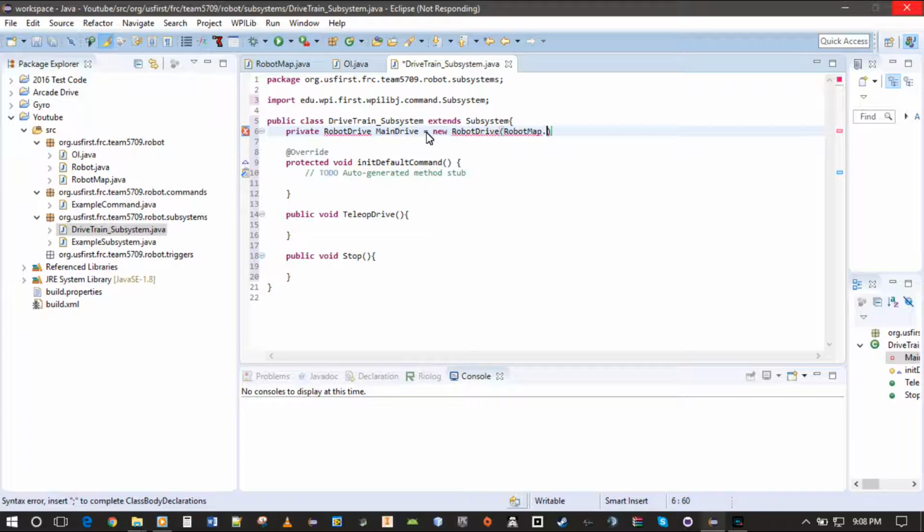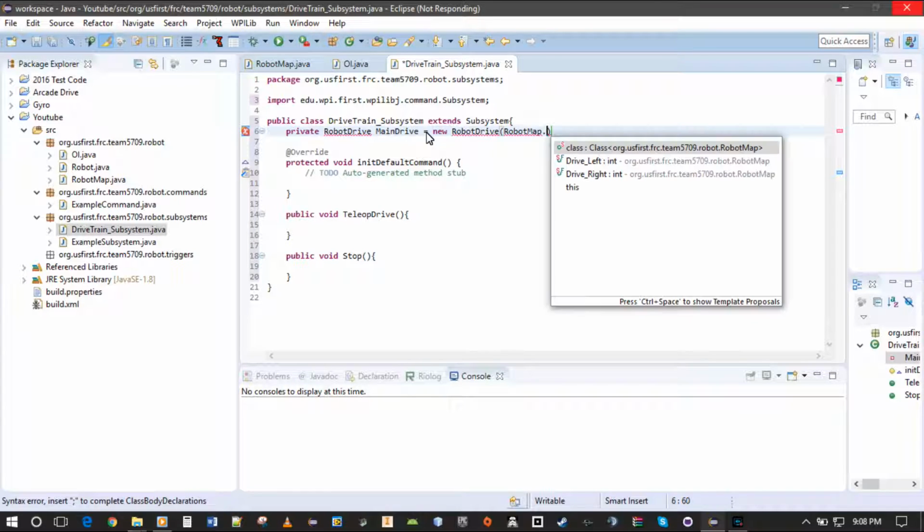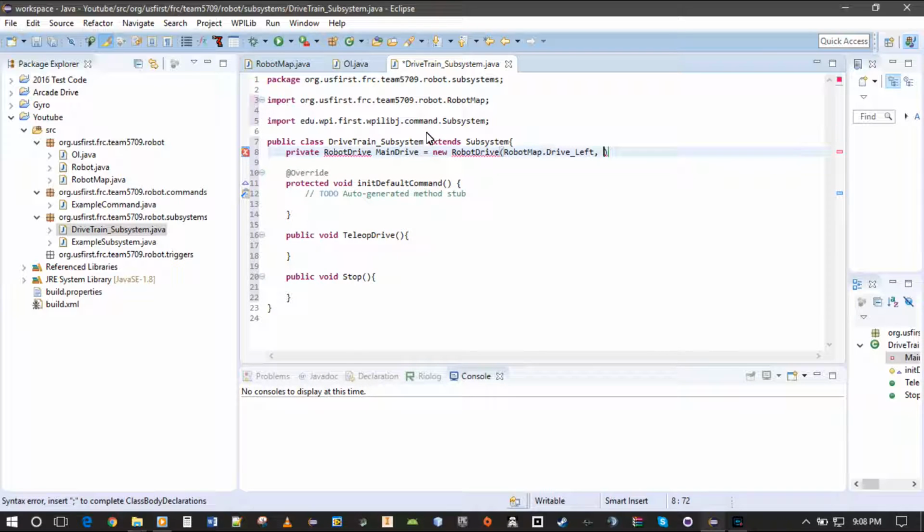Okay, maybe it'll just break instead. Well, good night so far, I guess. There we go. So we're going to use the arrow keys, that's what I like to do, on my keyboard here, and I'm going to select the drive left. And now we're going to do a comma, and we're going to do the same thing with the drive right. Or RobotMap dot,